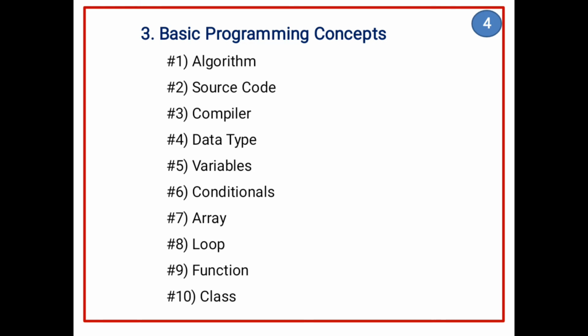The next basic programming concept is a data type. Data used in the applications can be of different types. It can be a whole number, that is an integer, a floating point number, that is a decimal point number, characters or objects. For example, double currency equal to 45.86, where double is a data type used for storing numbers with decimal points.